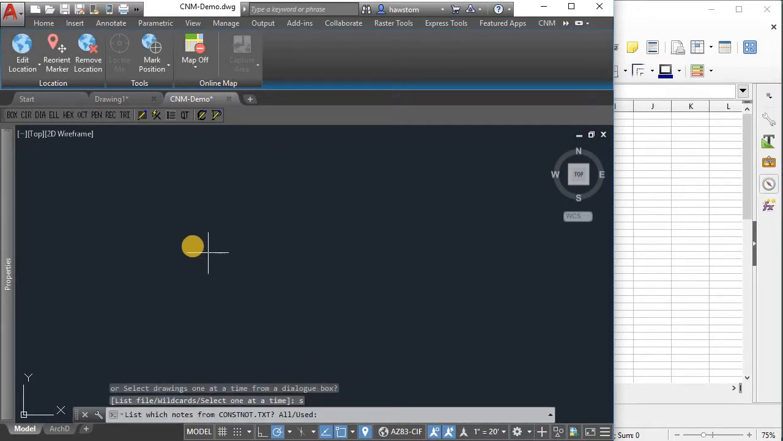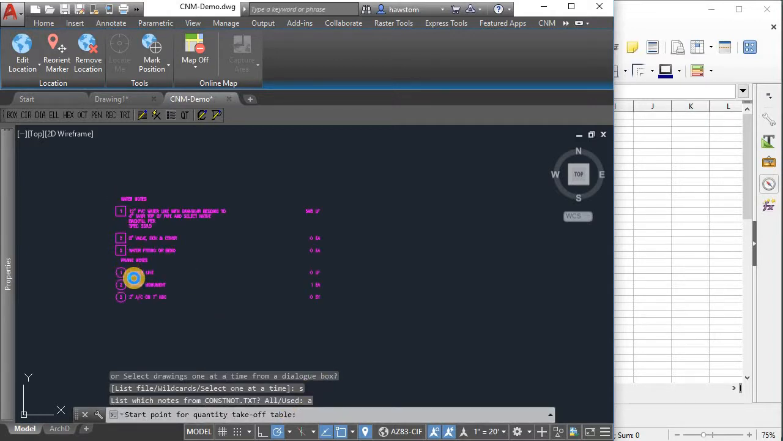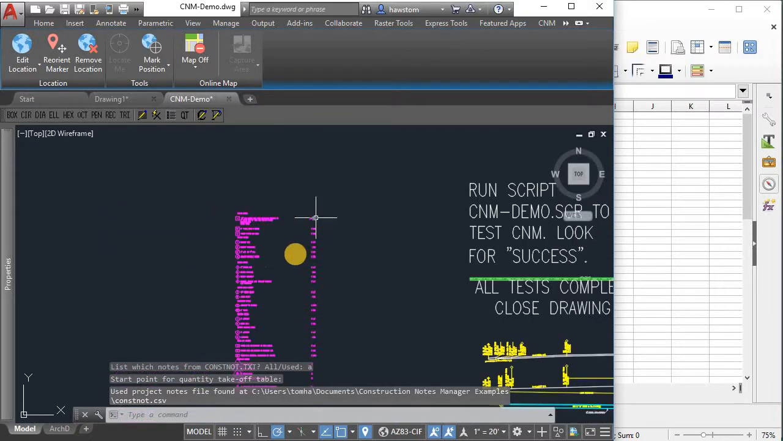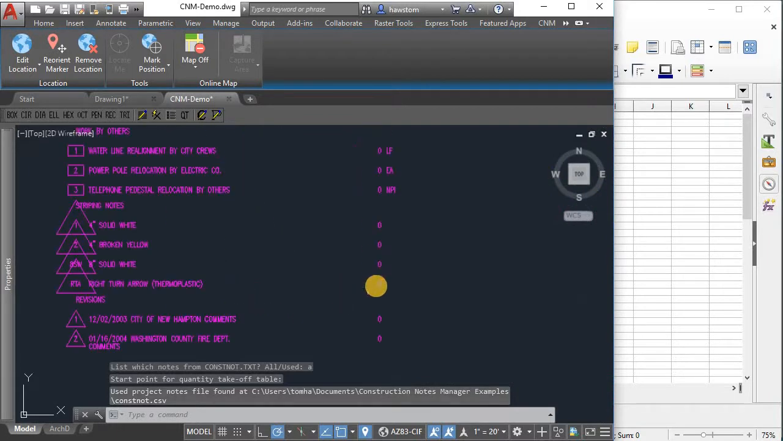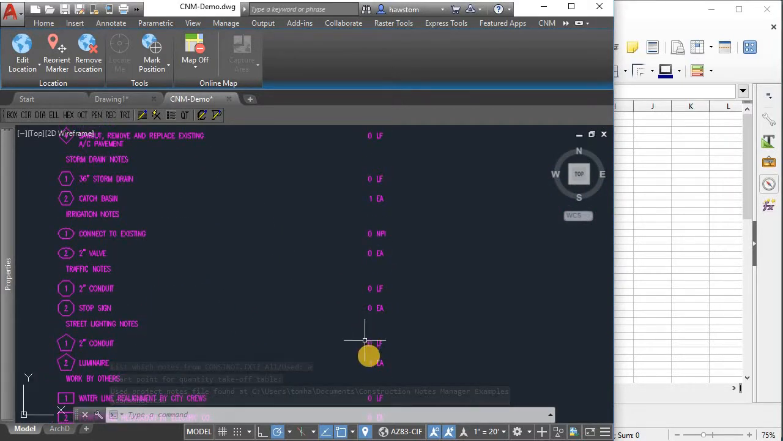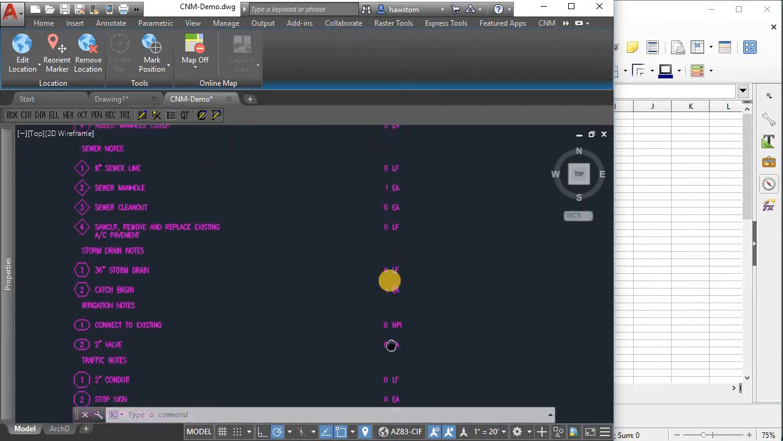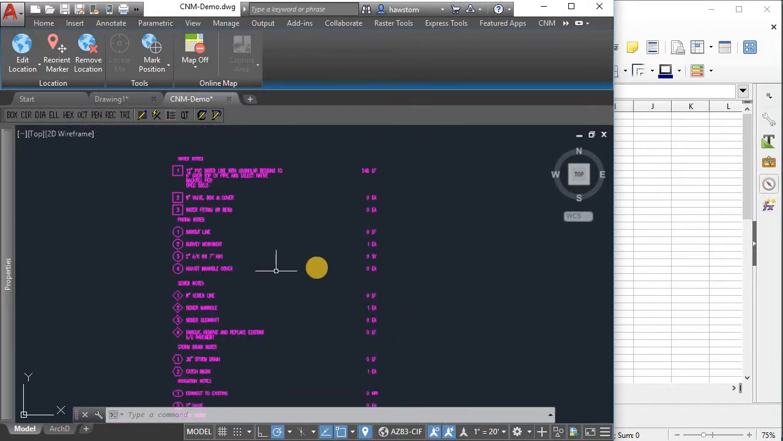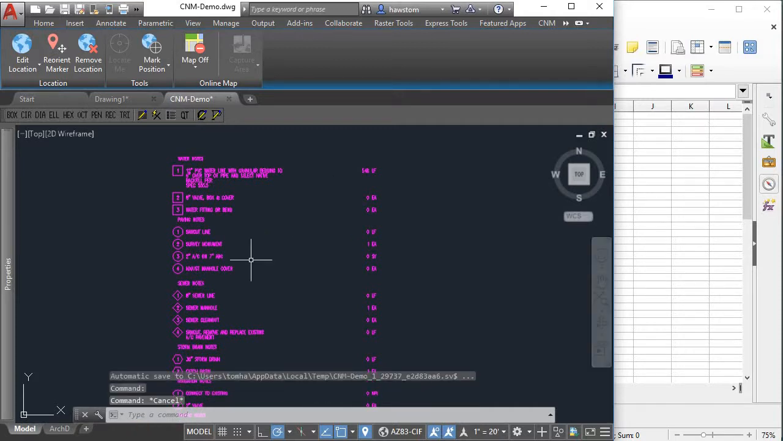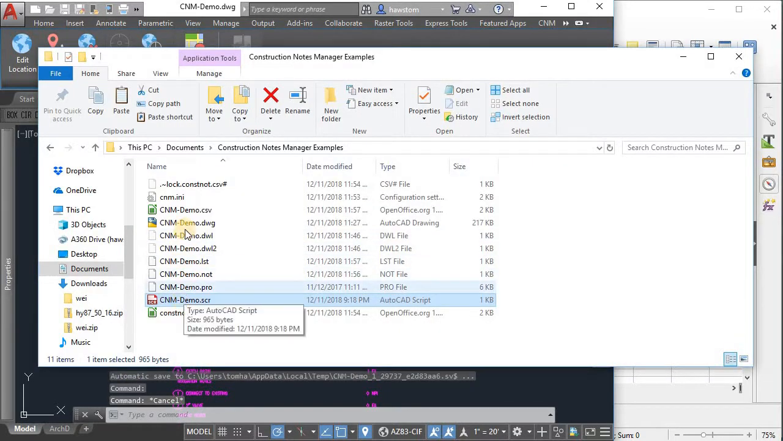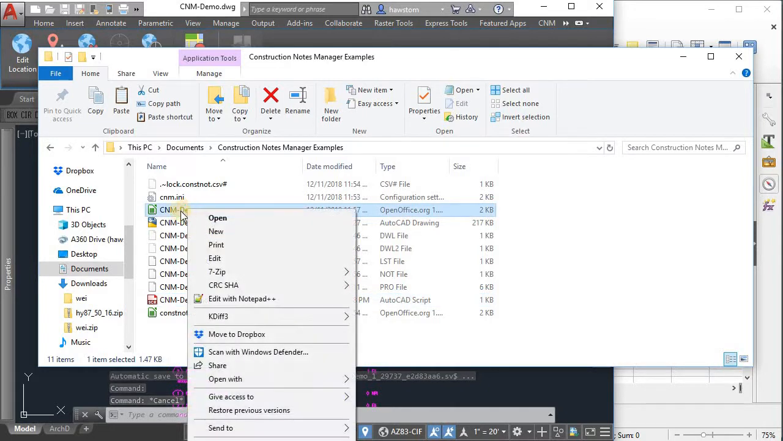There's only one sheet. Now, which notes do you want to list? All of them or just the ones we used? I'll say all this time. And where do you want to put it? Right there. And there we get all the notes that are defined for this project, along with the quantities. There's one quantity of luminaire, one sewer manhole, and then if we go into the folder, we can see another CSV that we can open